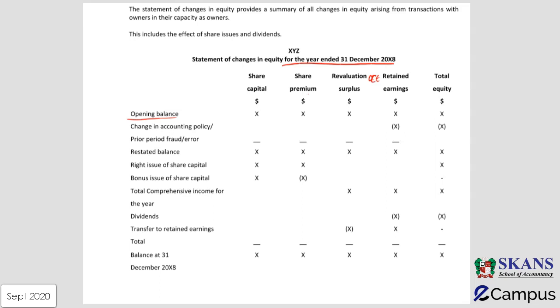So step number 1 is you have the opening balance. Then you apply IAS 8, which is related to changes in accounting policy or prior period errors. Any such adjustment is to be made against the opening balance of retained earnings. This is shown as an adjustment in retained earnings. It can be a positive balance or it can be a negative balance. Once this is done, this takes us to the restated balance figure. Then we come to the transactions of the current year. This was the correction or adjustment of the previous years.